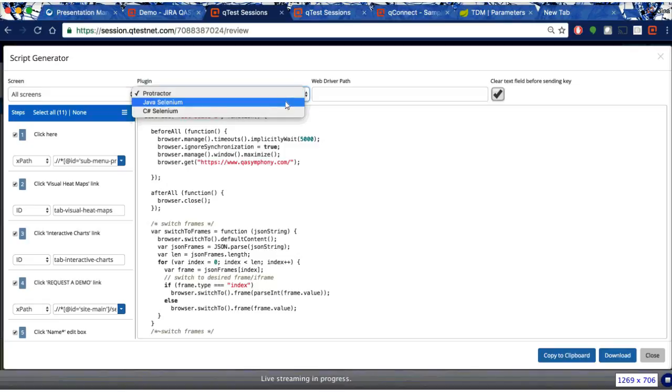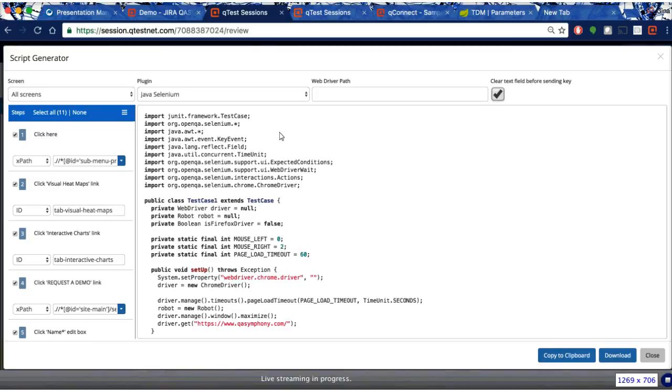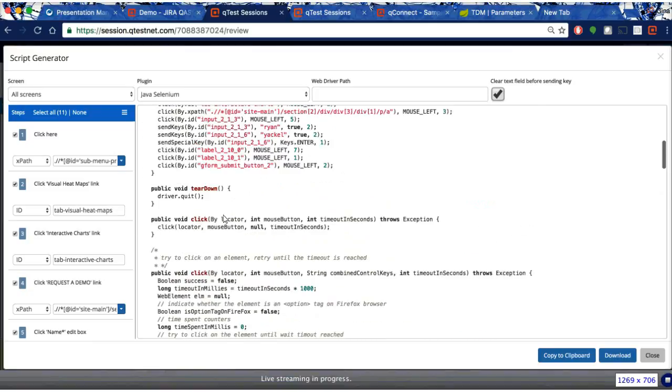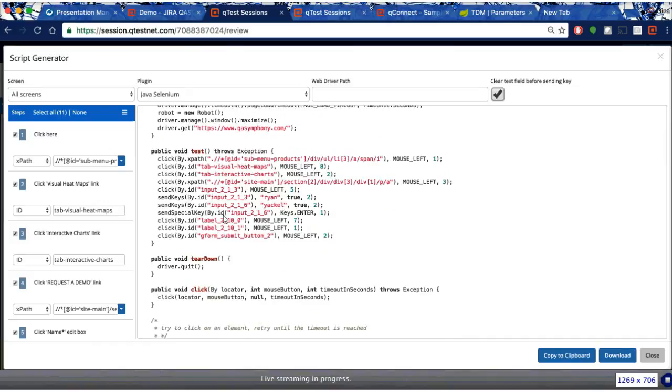For this Java Selenium, I'll just hang out here for a little bit, but for example, if I wanted to scroll down, I can see the meat of the application, or the meat of the testing that I was doing. I was clicking on certain things like an ID labeled tab visual heat maps. That actually will tell us that we were clicking on that heat map image that was referring to QTest Insights on QASymphony.com. So the clicks here, the IDs out beside it, that will tell you kind of what objects you're